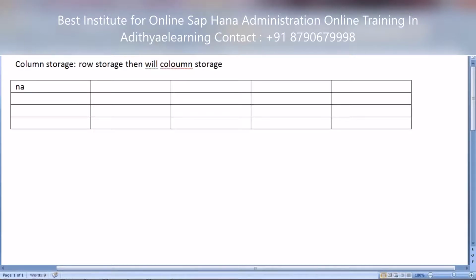Here you have name, DOB, location, salary.